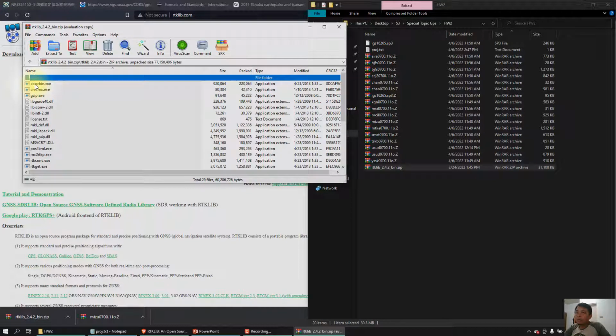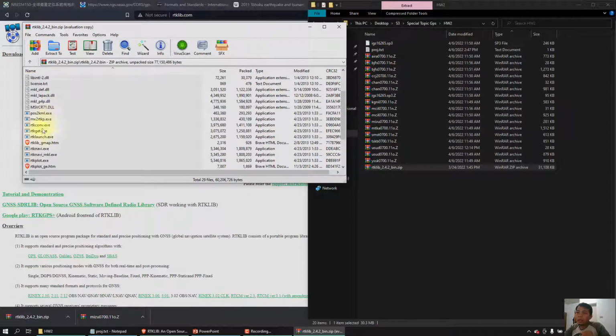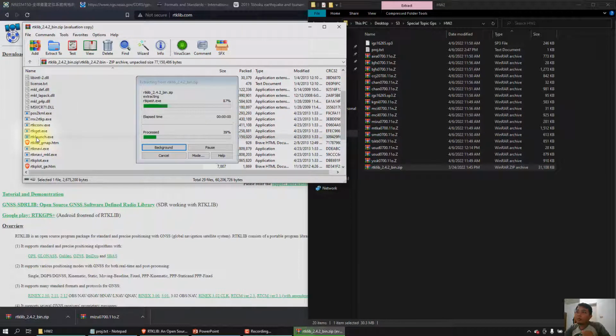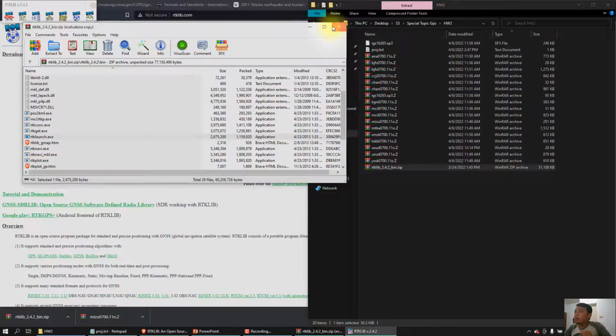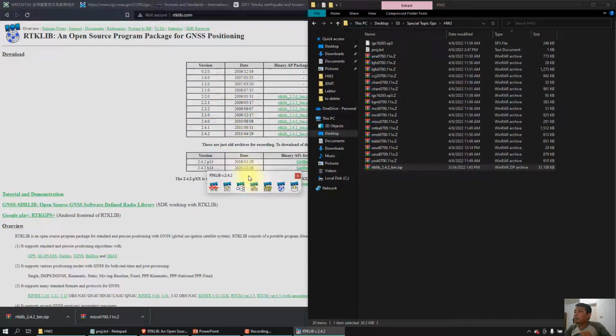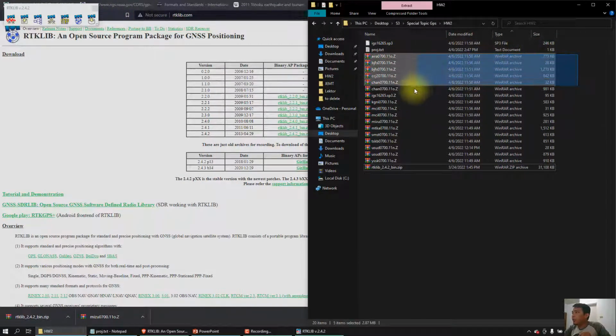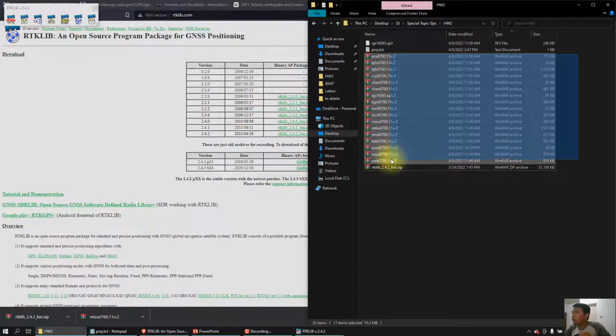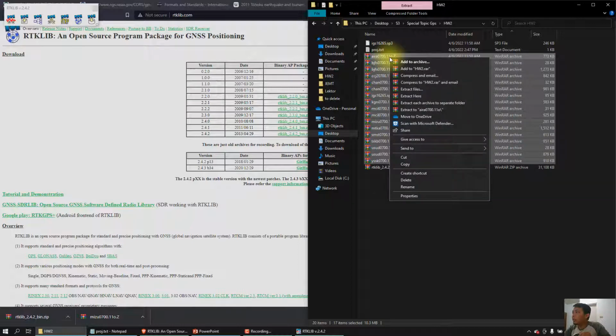We can open the zip file and then use RTKLAUNCH. Then when you use RTKLIB, we need to extract all of this downloaded data. Just select all of them, right click and use extract here.